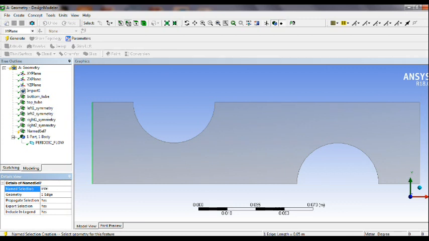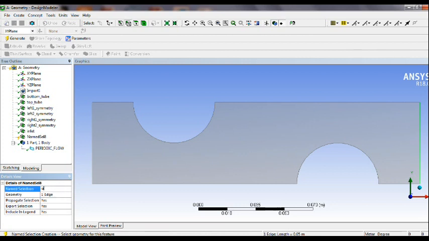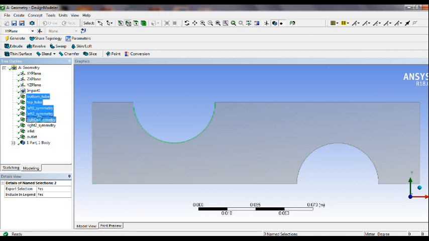Sorry, inlet, generate, and this is our outlet. Okay, so we have defined. Now you can select: this is bottom tube, top tube, left symmetry 1, left symmetry 2, right symmetry 1, right symmetry 2, and inlet and outlet. So we have defined